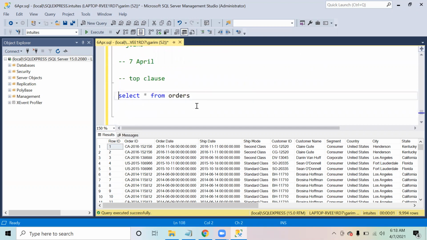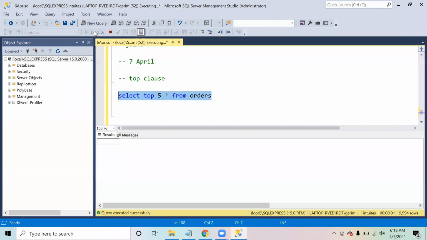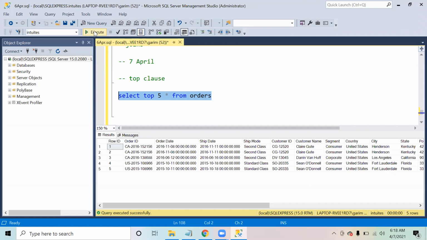Now suppose I just want to fetch the first 5 rows, right? So what I will do is I will say select top 5 star. When you say top 5, it is going to give you only the first 5 rows in the output. So if we execute it, this will give you the first 5 rows.